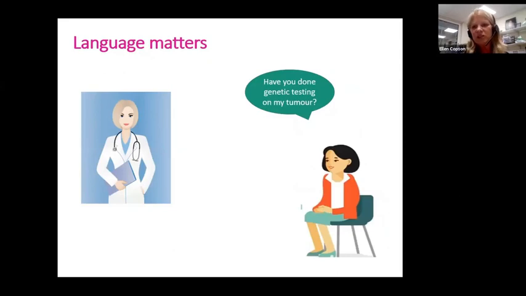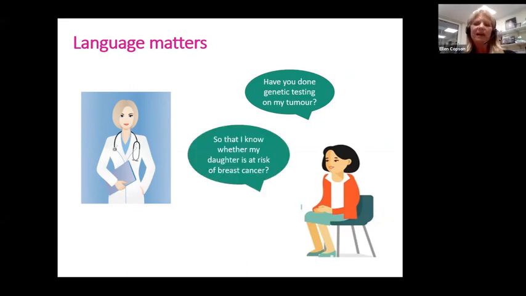And so what I often hear in my clinics is patients will say to me, have you done genetic testing on my tumor? Sometimes that's because they have heard of Oncotype, which is obviously also a genomic test, but will tell me whether or not I should be thinking of adjuvant chemotherapy for a patient. But I always now say to the patient, that's an interesting question. What do you mean by that? And quite often this is the reply I get, so that I know whether my daughter is at risk of